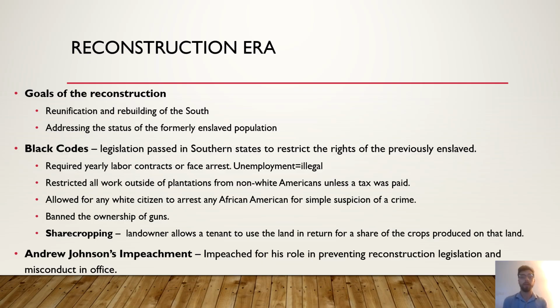We also see the executive office of the federal government was aiming to restrict the ability of certain Reconstruction era legislation. Andrew Johnson, this resulted in the impeachment of Andrew Johnson. Now we see he was impeached for his role in preventing Reconstruction era legislation, in addition to some private misconduct that was identified among him and other representatives in office. We see that the president had one acquittal, not because of majority acquittal in the Senate, as he was tried for the second step of the impeachment process, removal from office in the Senate.